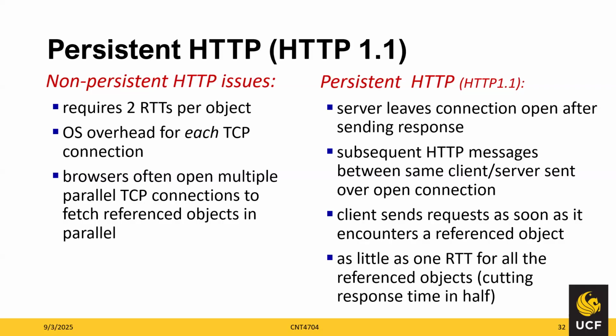So persistent HTTP, which is 1.1, keeps the connection open for multiple objects. It's more efficient. TCP stays open for several requests, and responses can reuse the same connection. It's also less overhead. There's no need to repeat the communication setup every time. Pipelining is possible, such that clients can send multiple requests without waiting for other responses. It may control congestion and traffic, and it's much faster in terms of RTTs overall, making web pages load